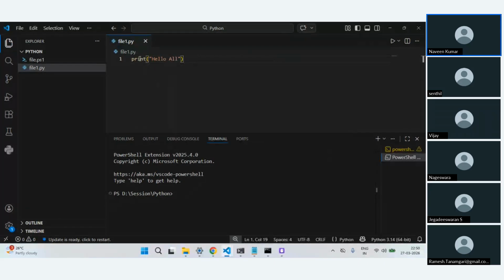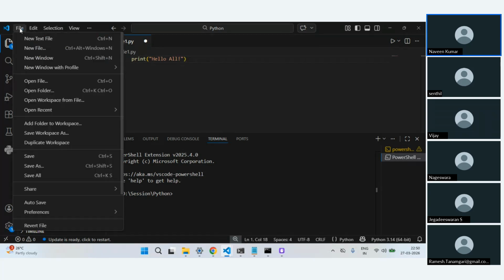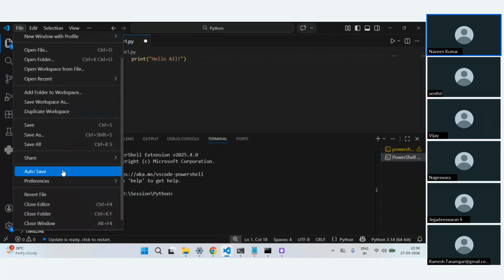Okay, there is one more thing. I don't know if you have noticed. Let me just make a change. Now if you see, there is this white circle. That indicates my file has a change and it is not yet saved. In VS Code, you have this auto save option.